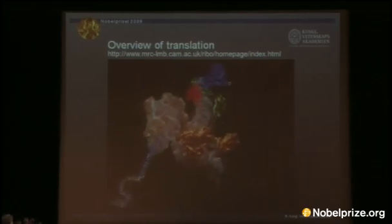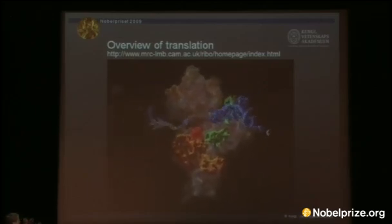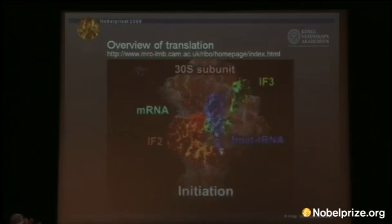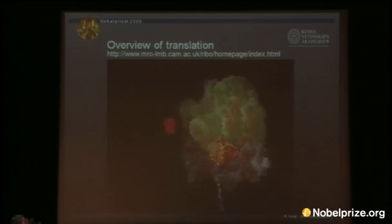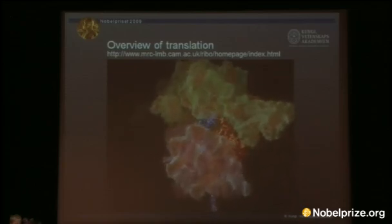Starting with messenger RNA, this long molecule, binding to the small subunit of the ribosome to initiate protein synthesis. Amino acids are carried to the ribosome by the blue molecule, the transfer RNA or tRNA, that, as you will see, now that the ribosome has been primed for synthesis by the large subunit also binding to it,